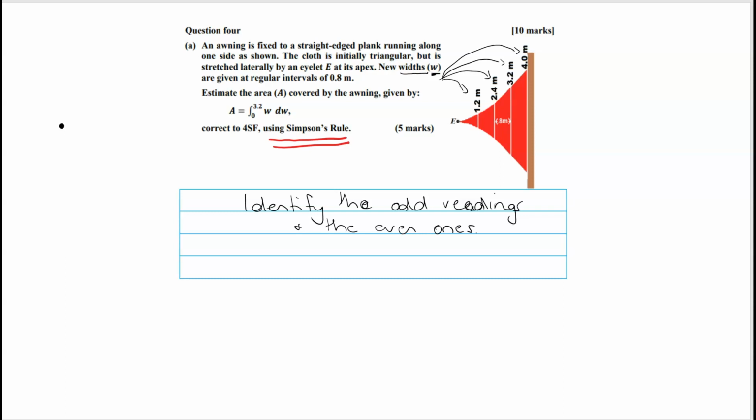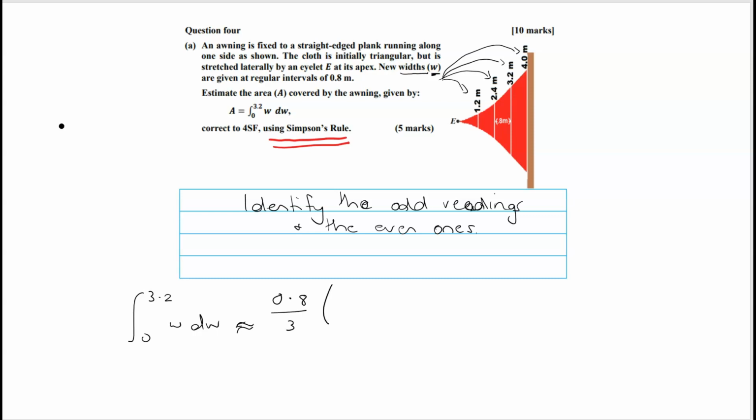Then once you've done that, the formula is in your formula sheet. It's just then a matter of putting in the numbers. So if you look at the formula, it shouldn't be difficult. It's just plug and chug. So it's approximately, and remember that's the thing about Simpson's rule, it finds areas approximately, or it finds the integral approximately. So you need to find h,